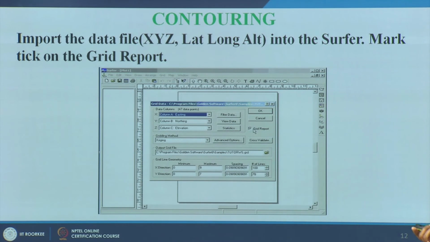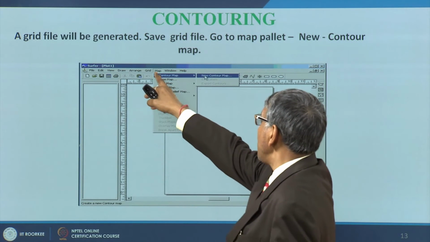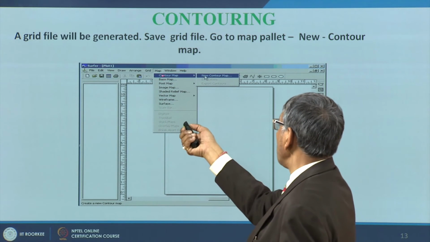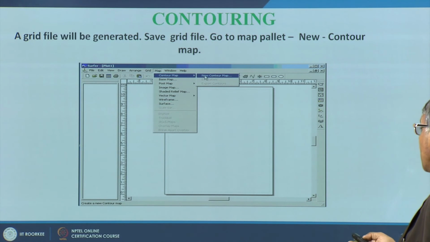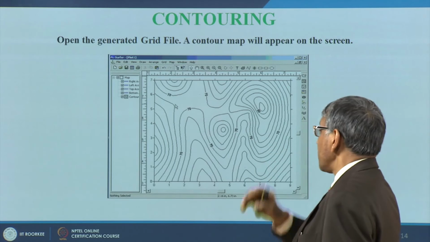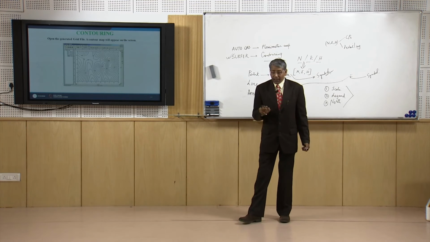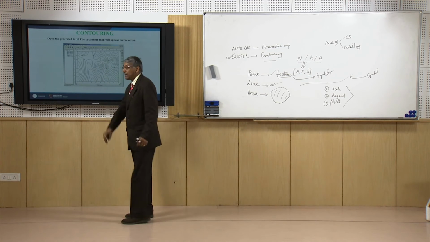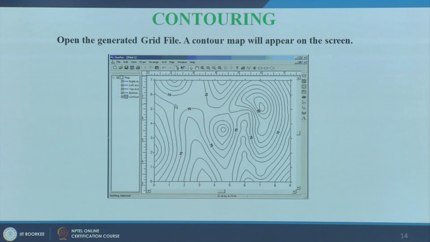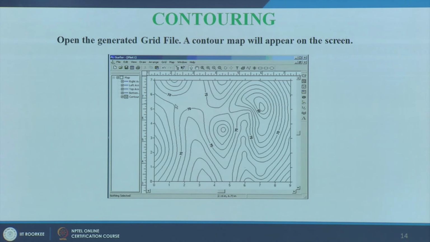So simply by doing it we will be able to get the next point. We have to go to the map, and from the map we will go to the contour map, and we can get a new contour map, then we will get the contour of the area. So the work is very simple, but we have to be conscious about the type of interpolation that the software provides us, and we have to go on changing that till we get the contours as appropriately represent our